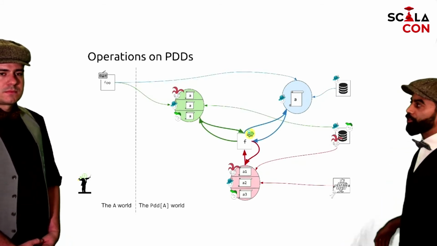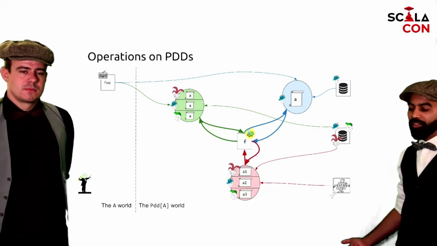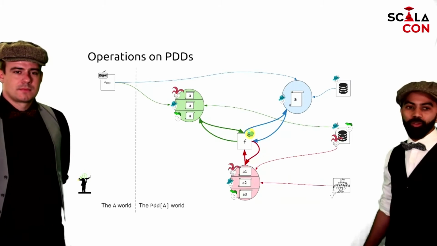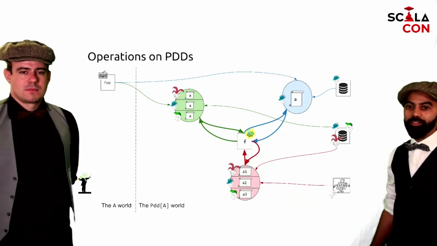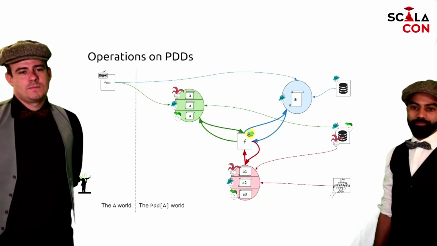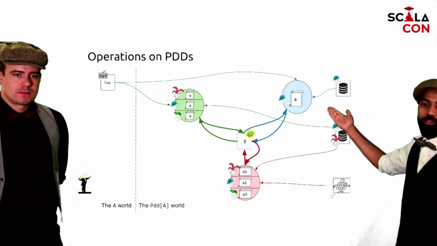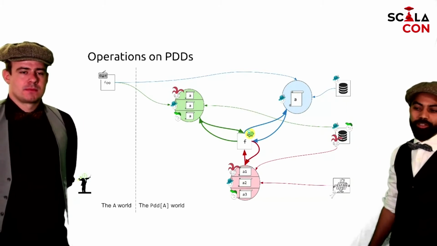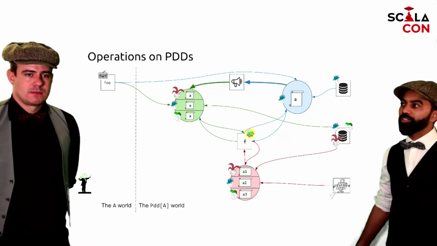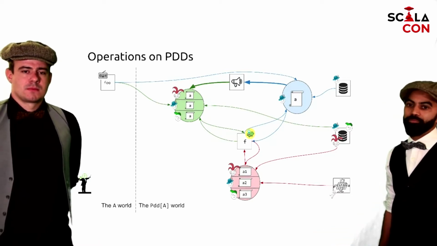One thing you want to do once you have a PDD is to compute on it. So you want to change its value, for instance. Now, if you're a Scala programmer like us, immediately you would think of the map higher-order function. And indeed, there is a map higher-order function which takes a PDD of A and a function and gives you back a PDD of B. Then what you can do is you remain in the world of the uniform PDDs and you change ownership across them. So for instance, if I have a value and somehow my algorithm tells me that it is in my interest to communicate that value in plain text to everybody else, I will use the broadcast function.